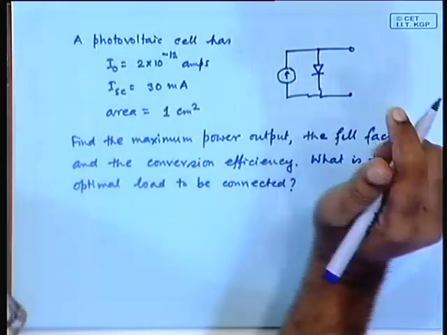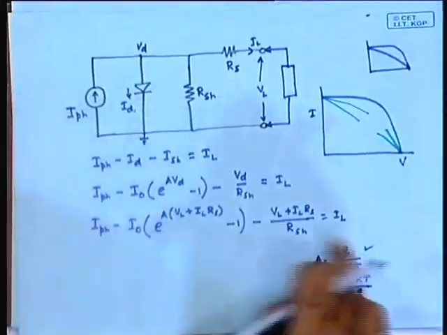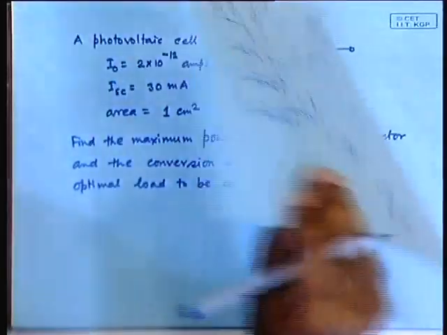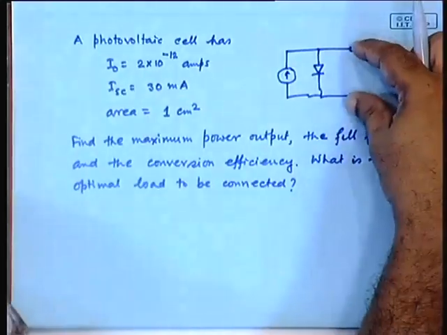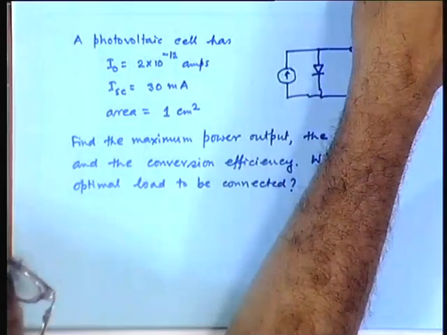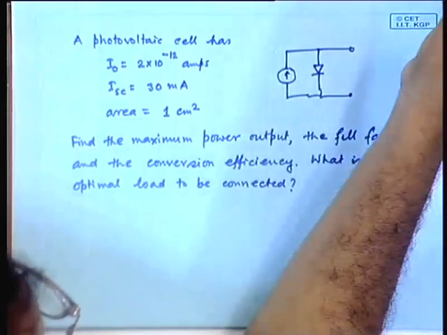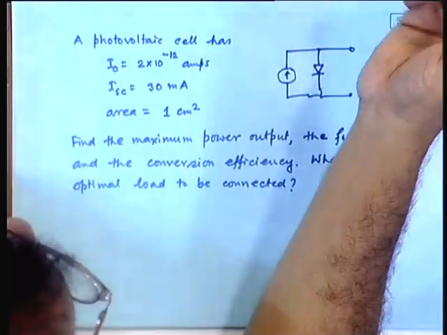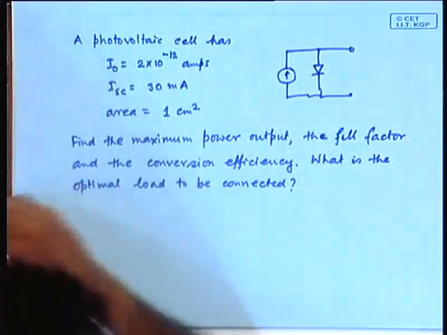How will you proceed? First, you know that from here you can find out VOC, you have already seen that, open circuit voltage. So, how do you find the open circuit voltage? Simply by assuming IL to be 0, put IL equal to 0 in this equation. If IL is equal to 0, RSH has no value. So, RSH automatically goes off. You can also, as I said, ignore RSH assuming that it is infinite. So, you have an expression for open circuit voltage, you can find the open circuit voltage.